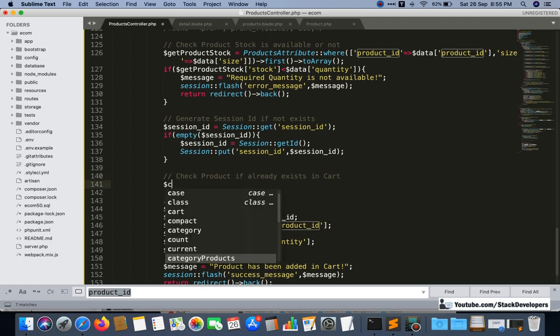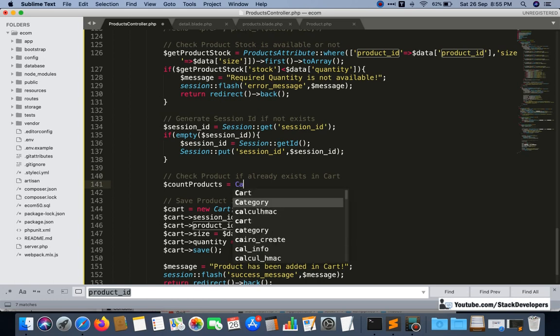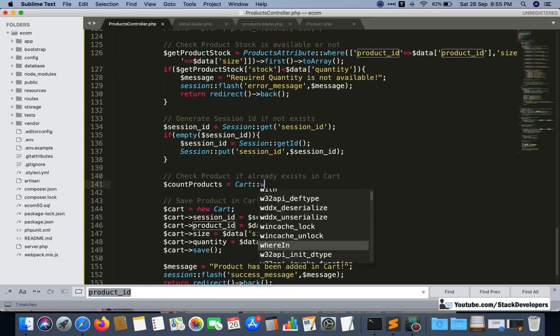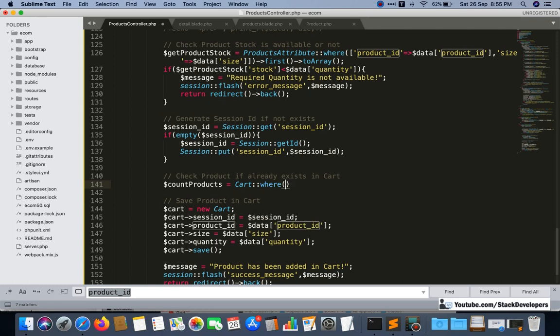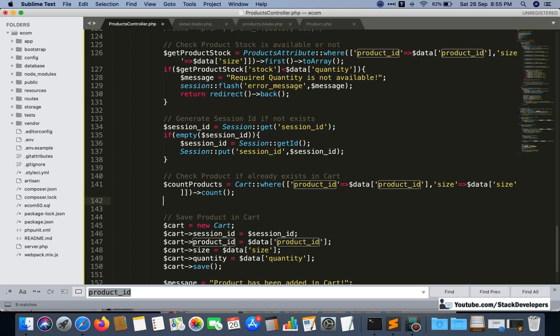So here I'm going to count card products, card, where, then again we are going to add this one, copy this one, product ID and size. And we will just get the count this time, only the count is required.